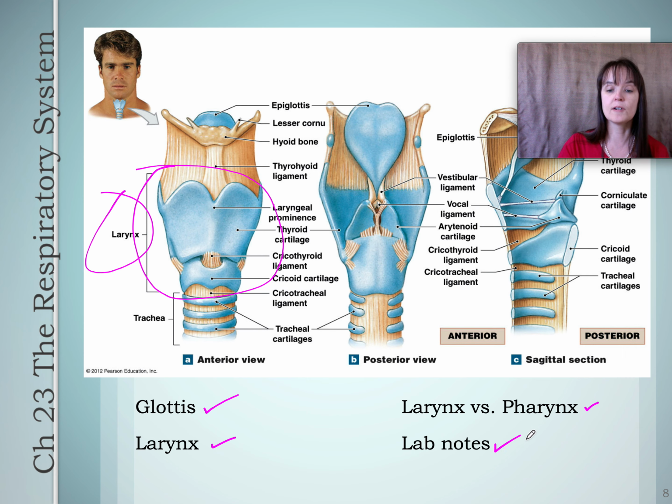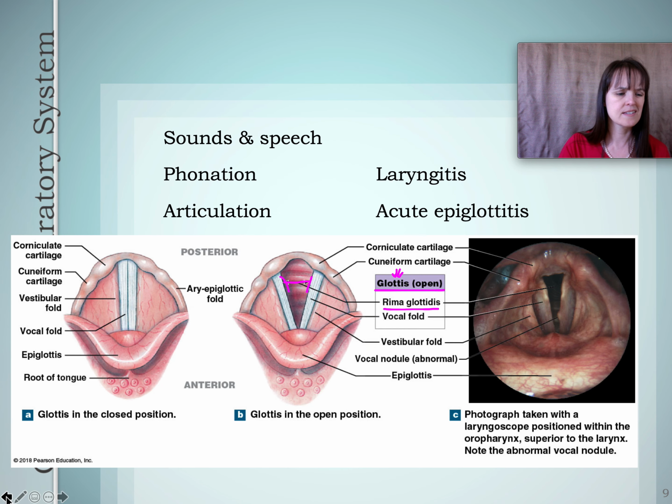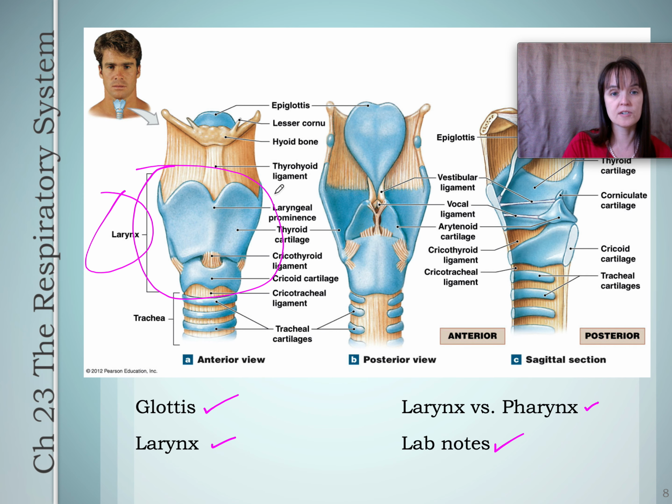Again, anything from lab that you don't recognize in that section, write it down and memorize it, because that is both lab and lecture material. You are responsible for all of that. Now, some of these terms that aren't lab terms for us, like the ligaments, the little parts of the hyoid bone, the parts of the cartilages that aren't on our lab list are not lecture material, although you should know